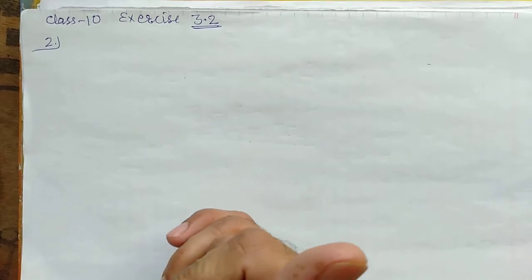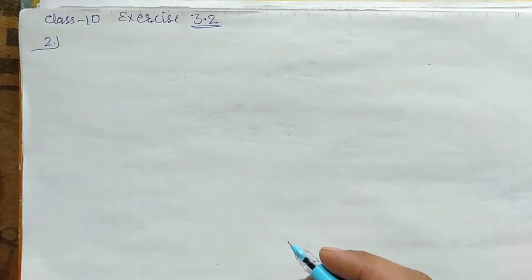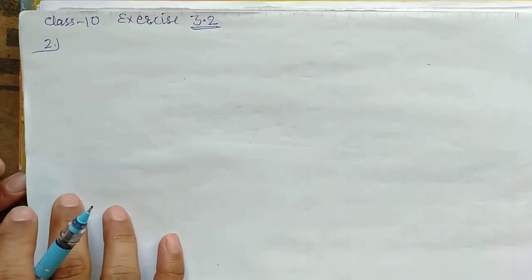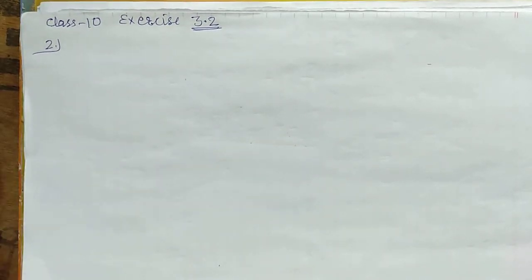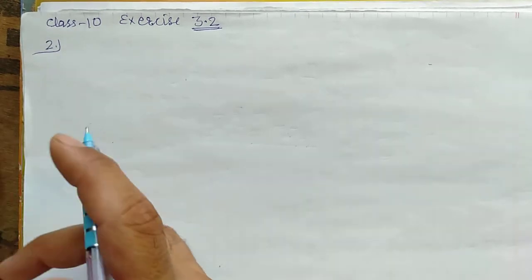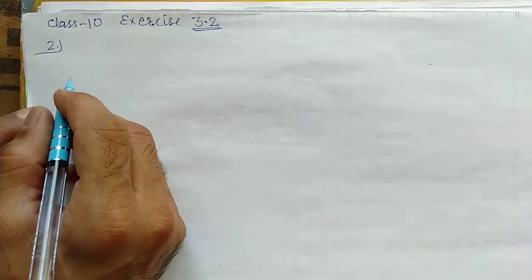In the previous video we understood the ratios a1 upon a2, b1 upon b2, c1 upon c2, and that lines can be intersecting, parallel, or coincident. Now we will use these. If you didn't see the previous videos, first watch them, then see this part, so that it will be easy to understand. Now see question number 2.